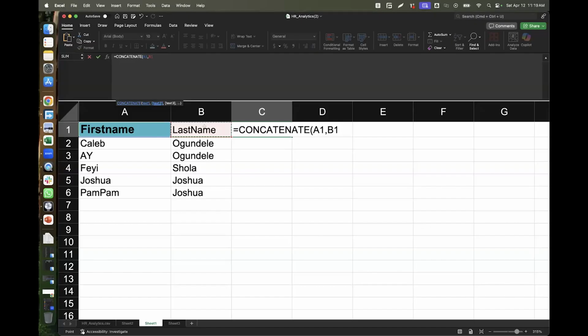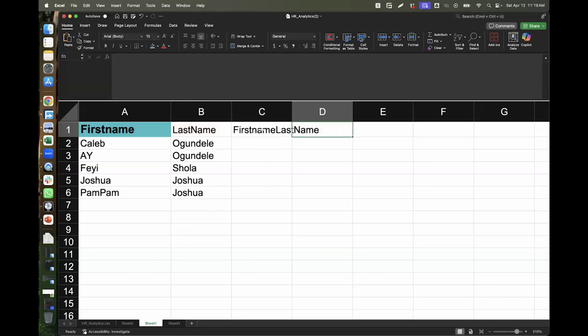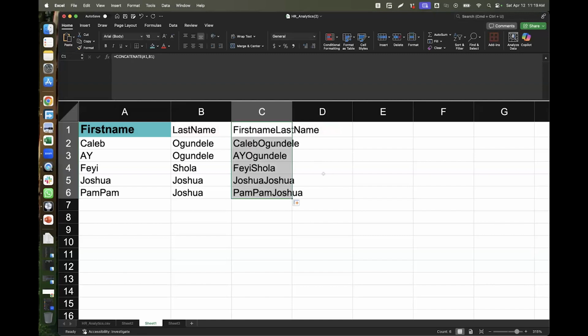But I won't do that. I will just press my tab here and it will close it off for me. And I'll be able to see the final result of concatenation. So can you see now that my first name and last name, everything is concatenated together? However, you will notice that there is an error. It's not like it's an error per se, that it's not showing with space, right? That is not an issue.